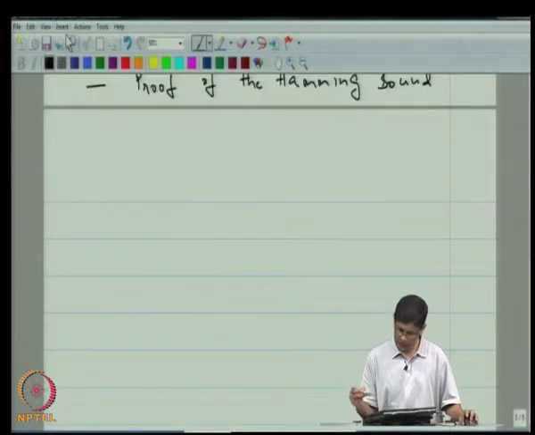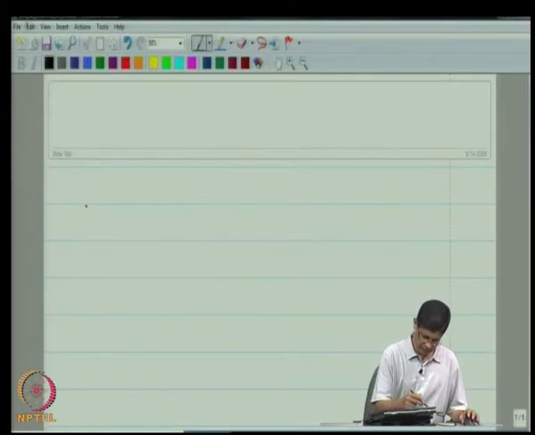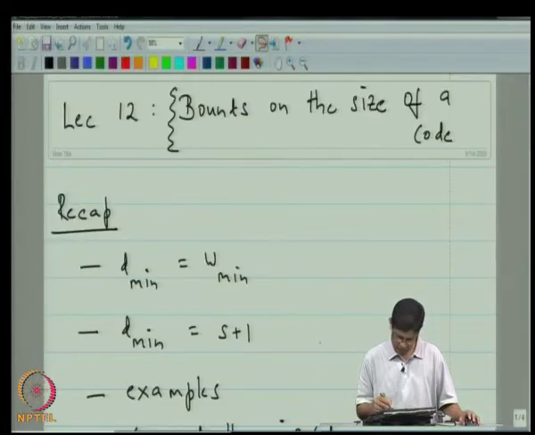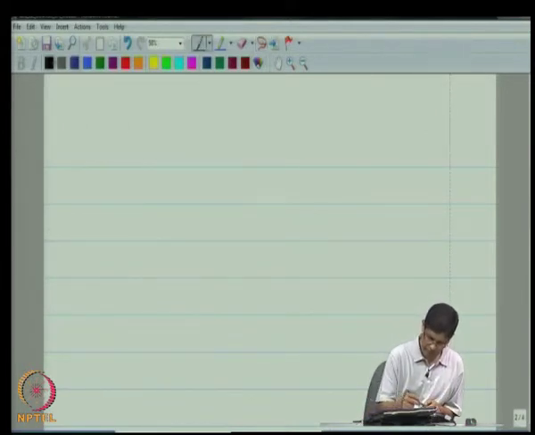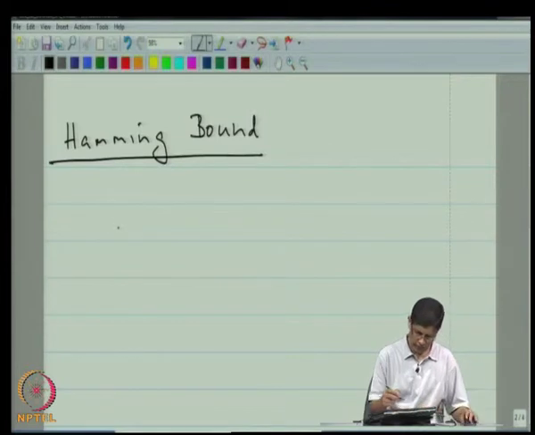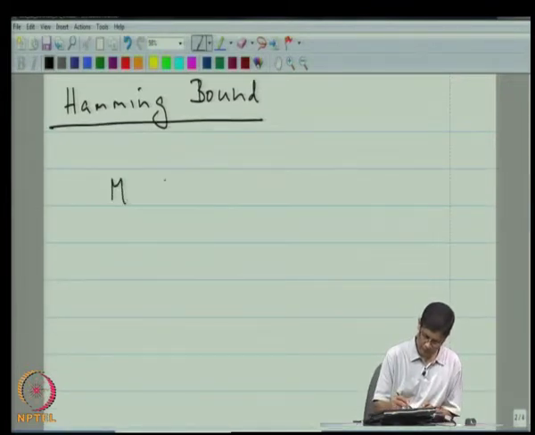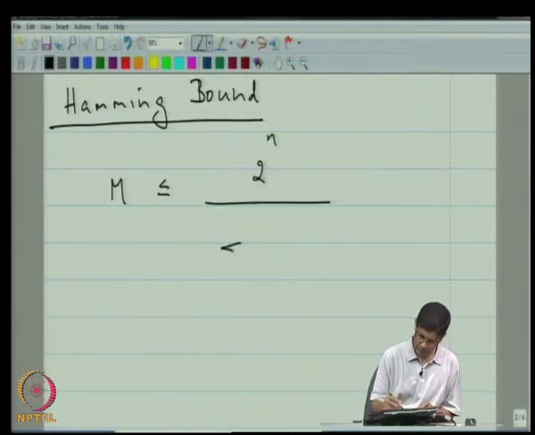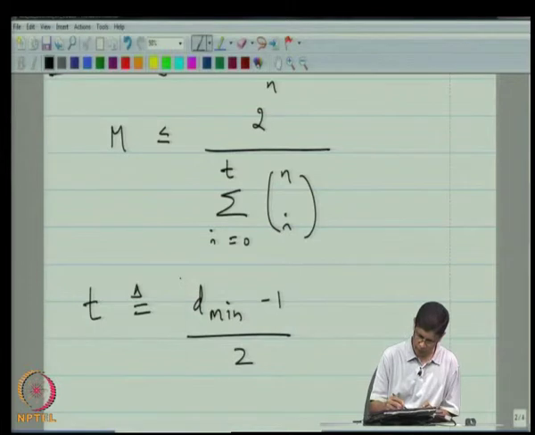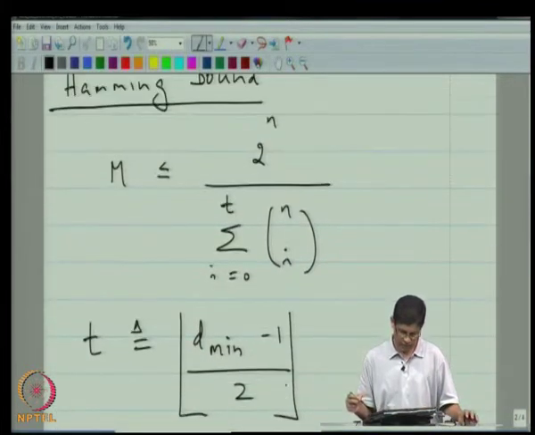So the Hamming bound says the following: that the size of the code is less than or equal to 2 to the n divided by the sum i equals 0 to t of n choose i, where t was defined as the floor of d min minus 1 upon 2. And we started proving this